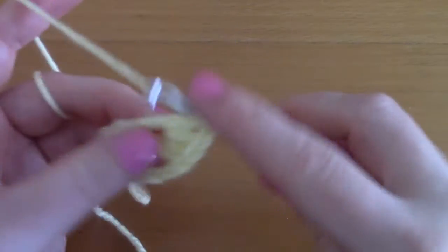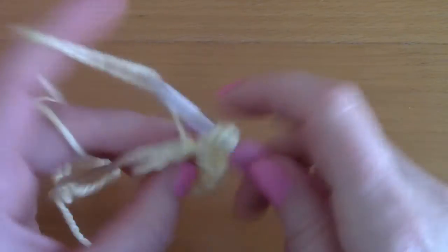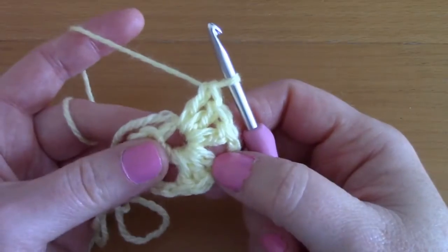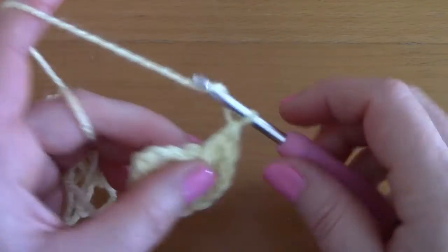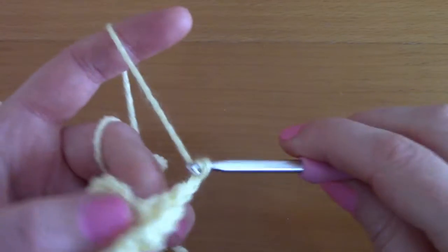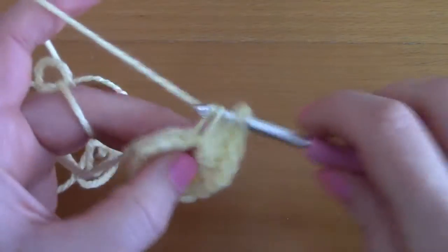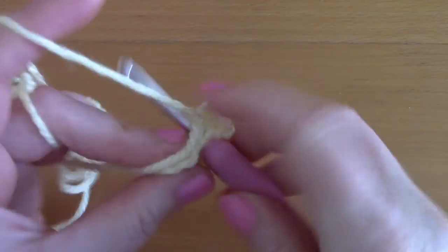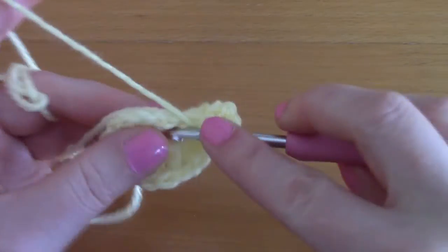So 1, 2, 3, and now we have, as you can see, 3 clusters. Now to finish off this round, chain 2, and go back with a cluster of 3 double crochets inside that center. So 1, 2 and 3,